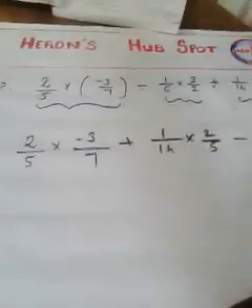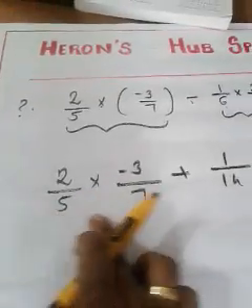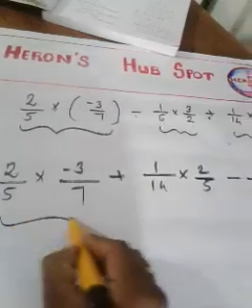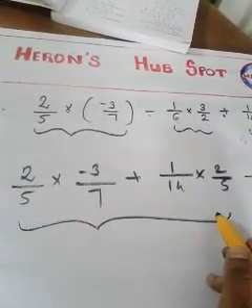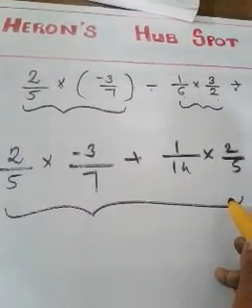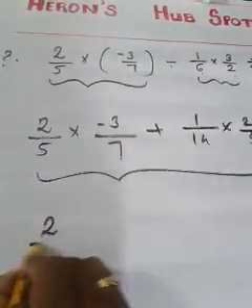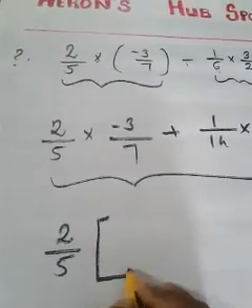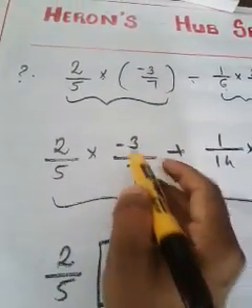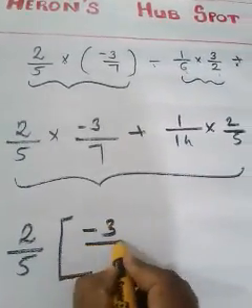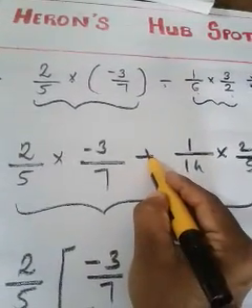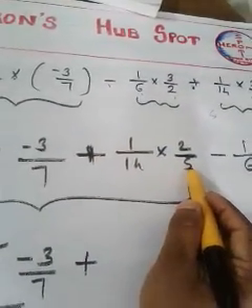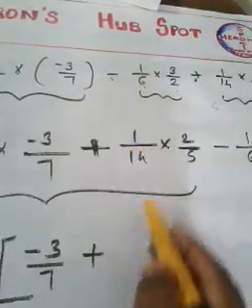Now you can consider this as first term, this as second term, and this is your third term. Consider these two terms, first term and second term. What came as common here? You are right, 2 by 5 is common. Take 2 by 5 outside, just make it stand outside. So when you take 2 by 5 outside, from this term 3 by 7 will remain with the sign, minus 3 by 7 will remain. And the next sign is plus. You have to write this plus as it is, and from this term, I have taken 2 by 5 outside, so what will remain? 1 by 14.